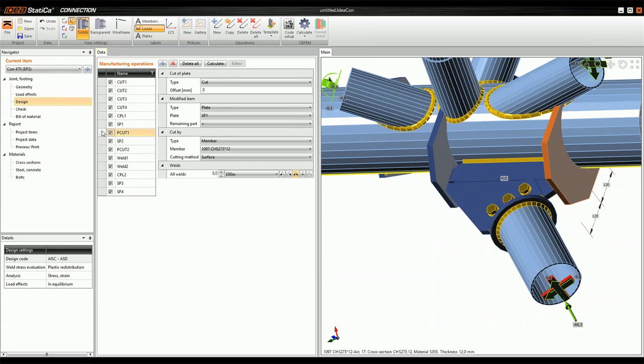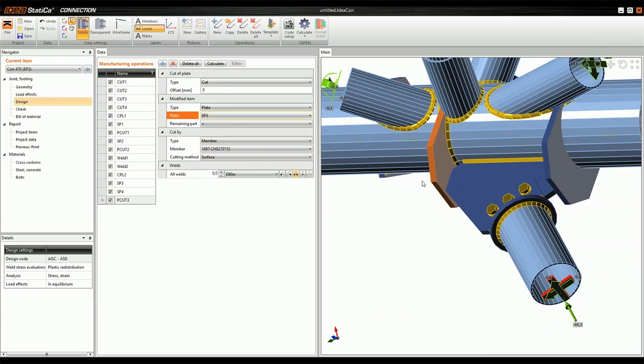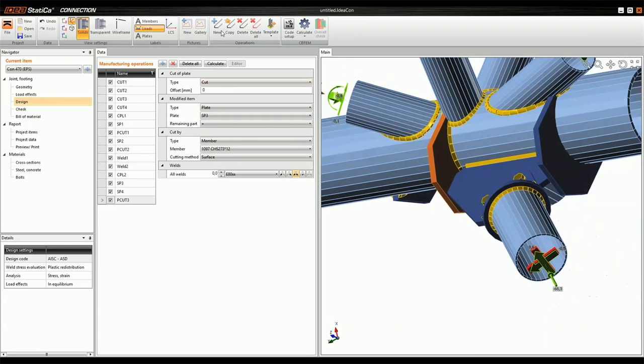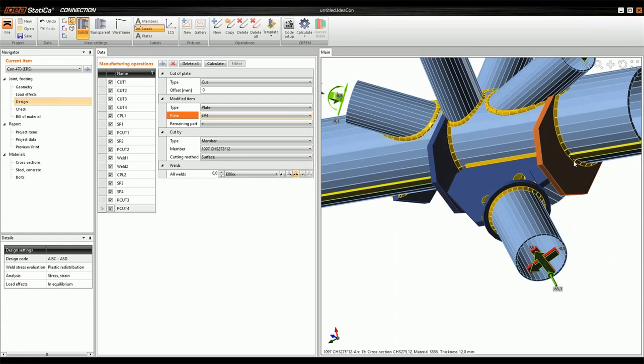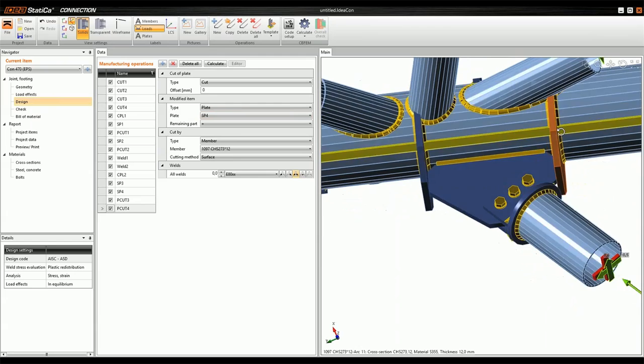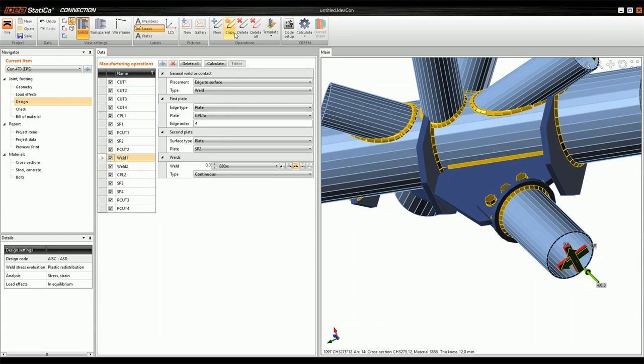So I will again copy the P-cut. Now I will say I want to cut the SP3 by the main tube. Okay, and copy this for the last SP4 as well. This is also connected. And now the last thing, I will copy the weld to weld the connecting plate and